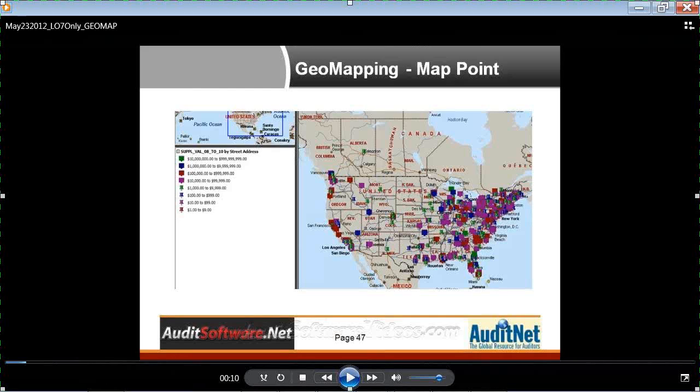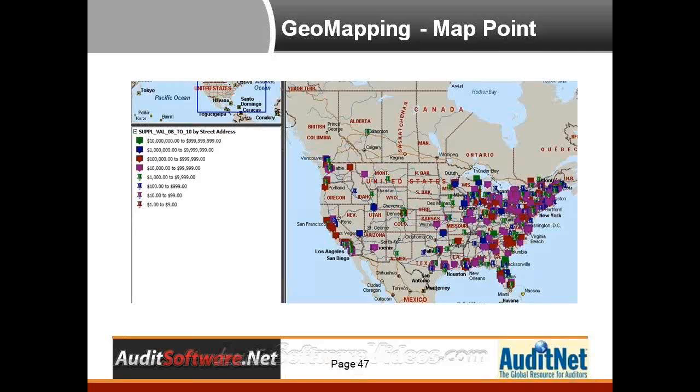I used to use MapPoint from Microsoft, and it's not a bad product at all, and something to utilize. But I've moved to another product that I think is a bit better and a little easier to use. Now, with MapPoint, the one good thing is that the data stays on your computer. That's a little bit better than what I'm about to show you, where we go out to the web. But I think a lot of the data that we're sharing here is not that problematic, since it usually is just address information without names, that kind of thing that's public in some way.